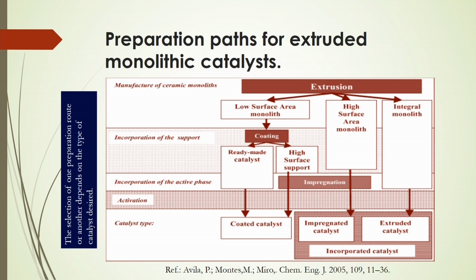So, there are 3 different types of catalyst that can be used for impregnation of the active surface of the catalyst on the support material. That is why the support material should be coated by these different types of catalyst particles. Then you get the particular structure on which the catalyst layer will be there, and through which the flow and the reaction will occur for that particular chemical engineering process. Now, the selection of one preparation route or another depends on the type of catalyst desired for that particular process or reaction.